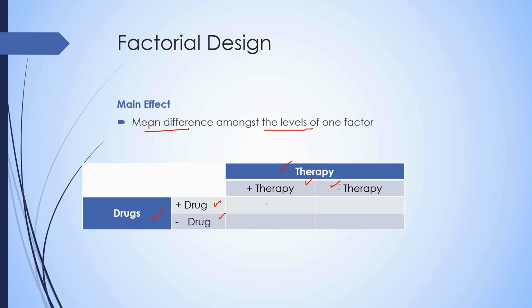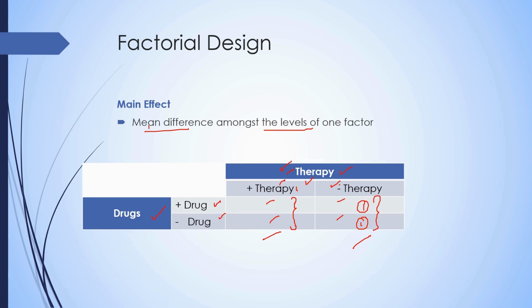So under each level, we have a number each. Okay. So mean difference among the levels. This is one of the levels. These are the two values under this factor and level. Mean difference among these two will give you the main effect of this level. Okay. Here, similarly, we'll have one number here, we'll have one number here. If you take the mean difference, then we'll get the main effect of using minus therapy, which is the level